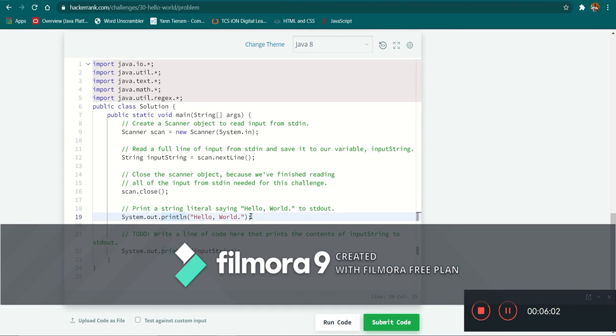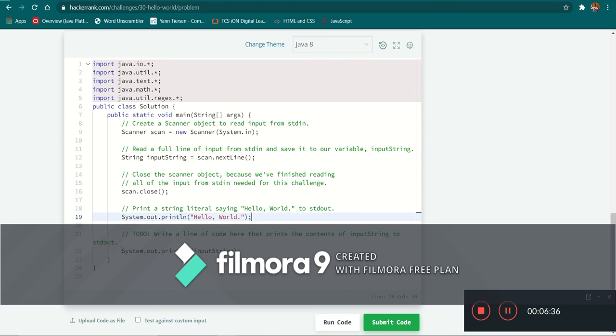Now we have to print Hello World on our output screen, and it must be printed on a separate line, which means we have to use System.out.println. If we did not need to print Hello World on a separate line, then we could also use System.out.print, but since we are printing on a separate line, we use System.out.println. Now the Hello World value does not change during execution of the program, hence we must include it in double quotes.